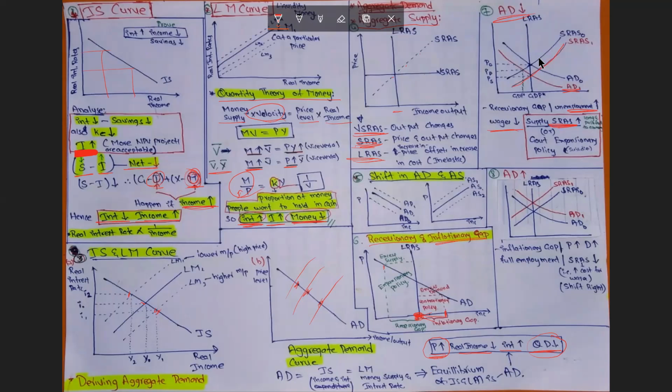And when aggregate demand increases, firstly the aggregate demand moves rightwards. This is due to an inflation factor, so the price increases and demand also increases. So there is full employment in the economy, but there is high inflation. Due to this, the input prices and the wages will increase, which makes the supply decrease. So supply will shift leftwards because of the high cost of inputs. So there, we achieve again a new optimal GDP level.